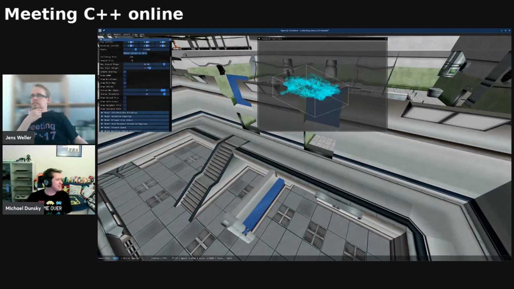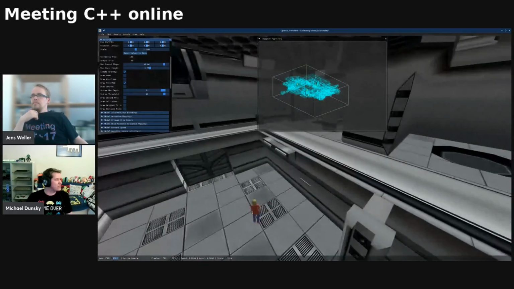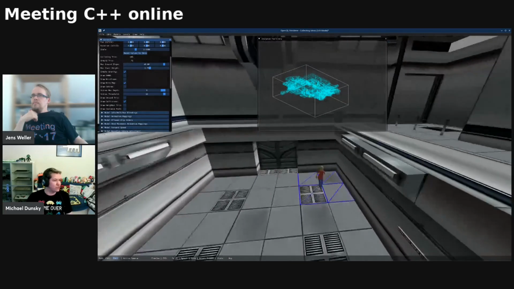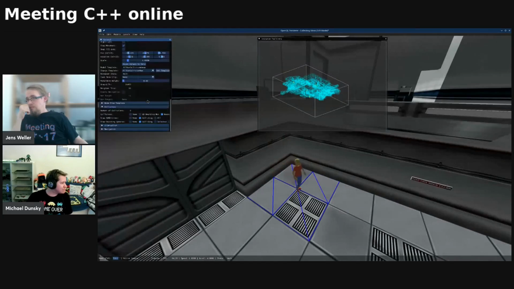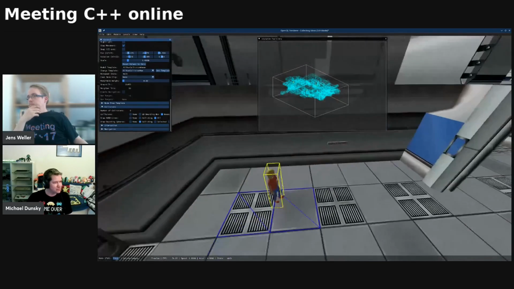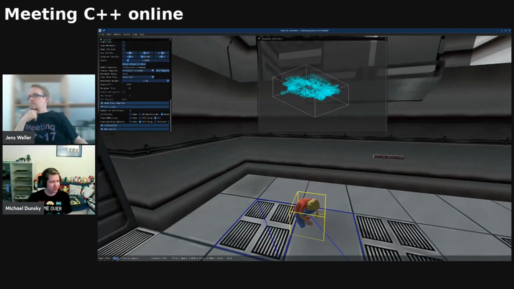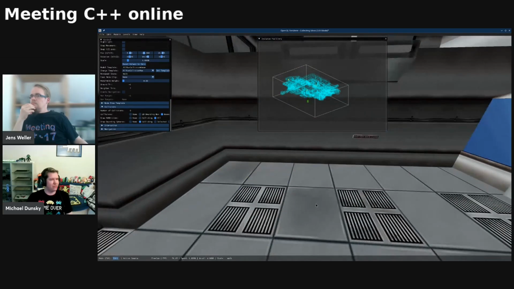Wireframe. I can go for gravity. I can show the ground collisions. Let's go on for this. You can really see where the collisions are. And also, oh, there's a wall collision. It's in red, and blue is my ground collision. That you really can play around with it. Oops, there she goes.